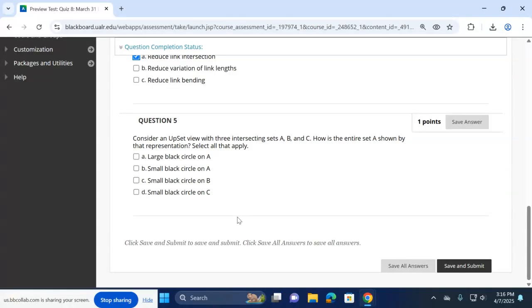But this UpSet view that I found does a pretty good job. Basically, what this question asks is, if I want to show the entire set A,